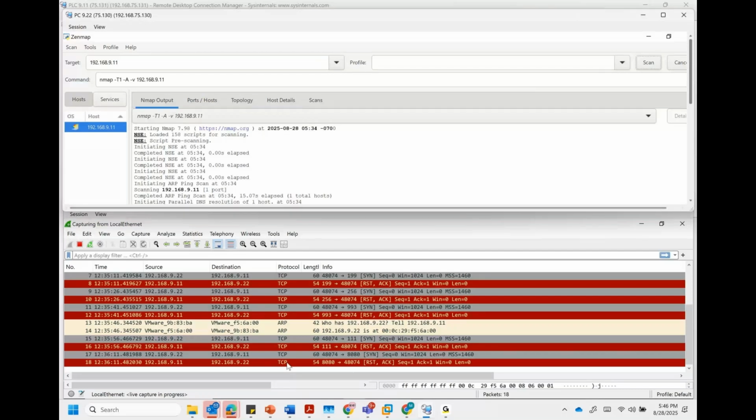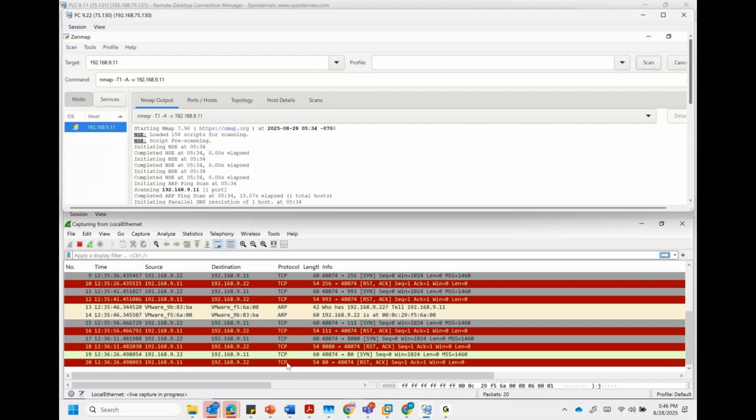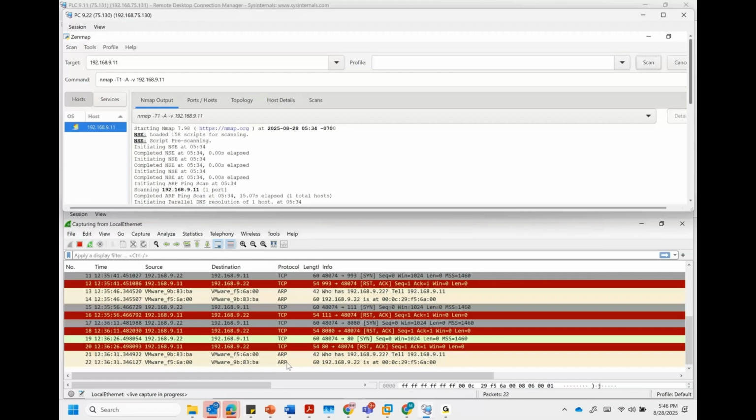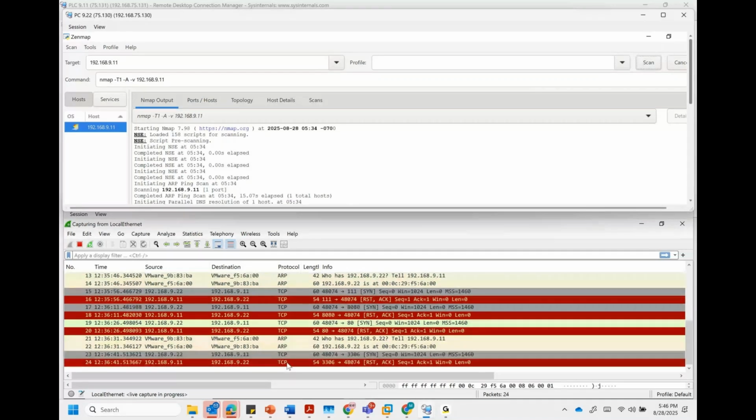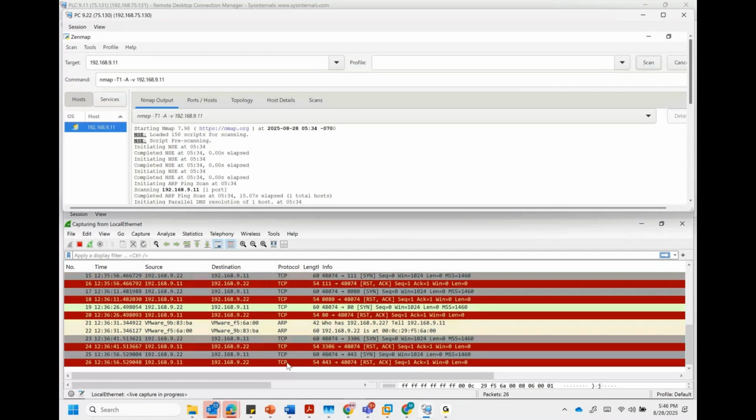Even if there is a very minute risk, a 1% chance that maybe the PLC may not like so many commands at the same time, do you want to take that chance? If not, then how about just slowing down the commands, sending one command at a time. Nmap has lots and lots of different variations that you can do. And then run it, go have some tea, have lunch, come back, and you will still have all the data without a risk to the facility.